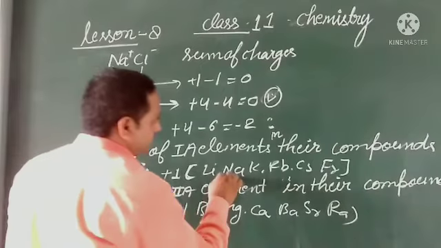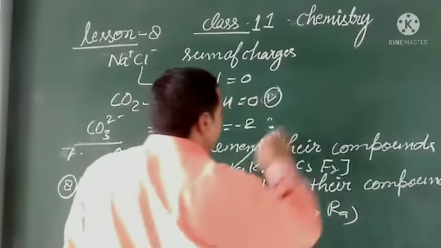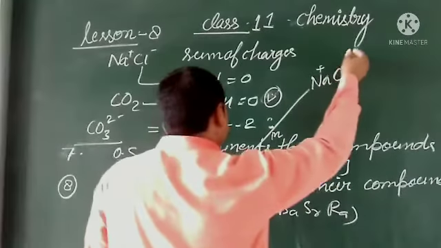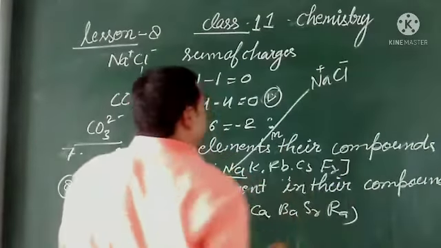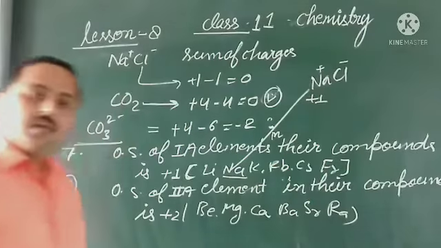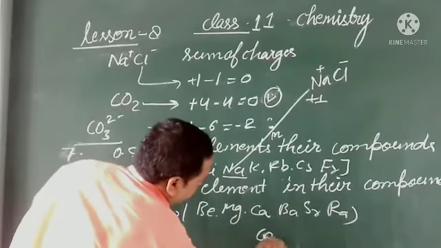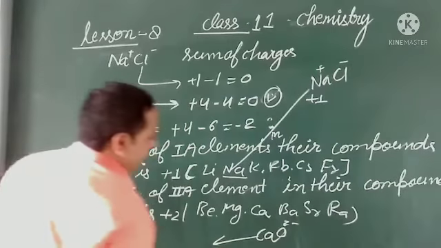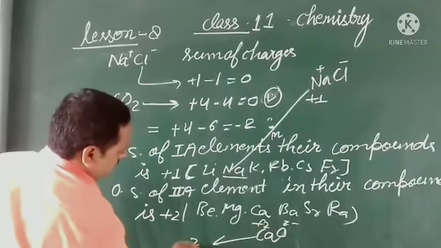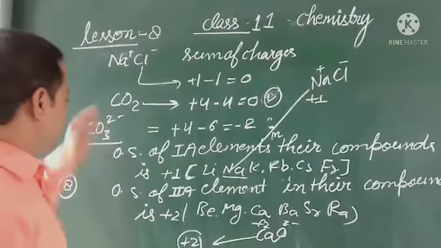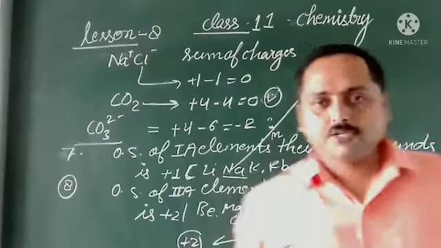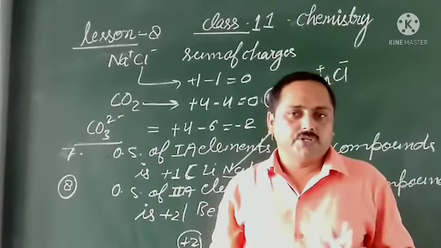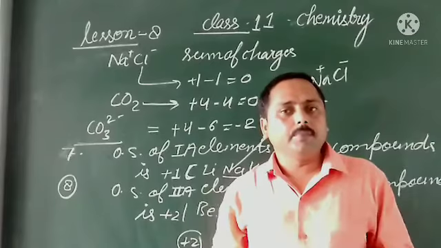Here from this I would like to give an example. Here, you take NaCl. So what is the oxidation state? The oxidation state of Na is plus 1, hear it. And if I am making calcium oxide, the oxidation state of calcium is plus 2. Okay students, so these points you should revise twice, thrice, then it will be easy to calculate the oxidation states of atoms in the given compounds.